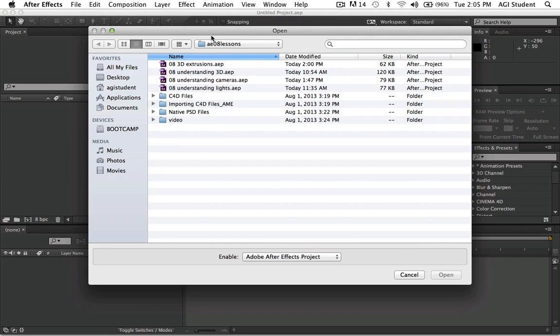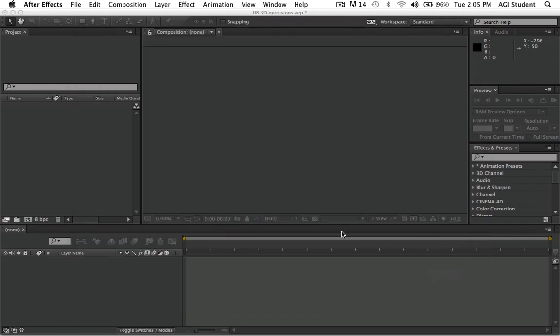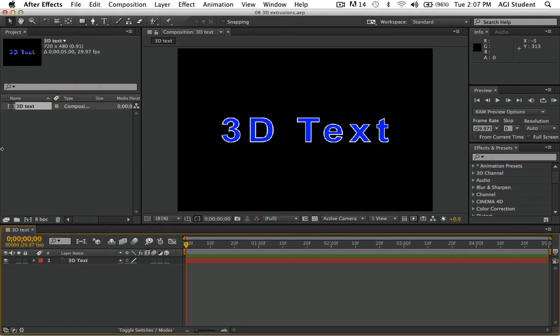Navigate to the AE08 Lessons folder and open up the file called 08 3D Extrusions. 3D extrusions were recently introduced into After Effects. Now, don't think you'll be creating the next Pixar film with the program. It's not really built for that kind of 3D work. However, you can do some very nice 3D extrusions of text or logos to enhance your projects in terms of